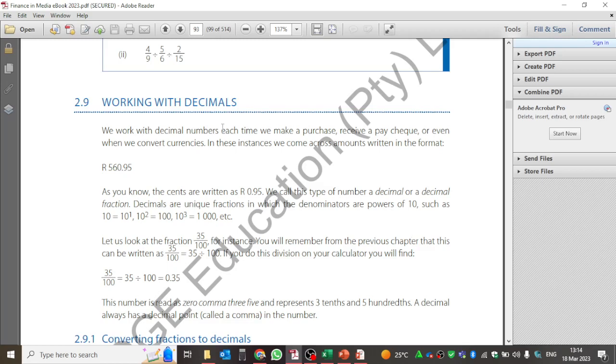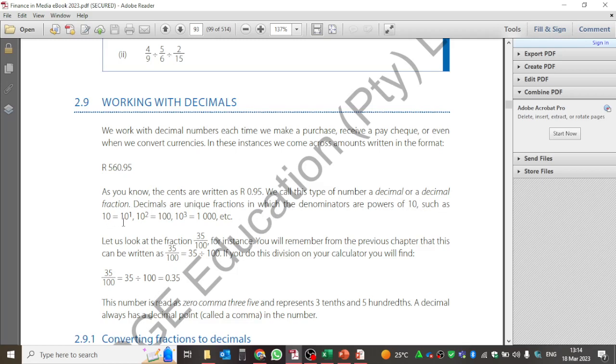Here it's talking about the first part of the activity, which is that, as you know, cents are written as 0.95, so we can call this number a decimal or a decimal fraction. A decimal fraction means that the number represents a fraction, but it is written in decimal format. It also says that decimals are unique fractions in which the denominators are powers of 10, such as